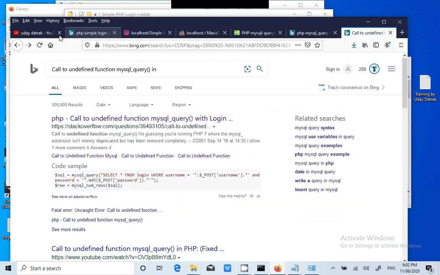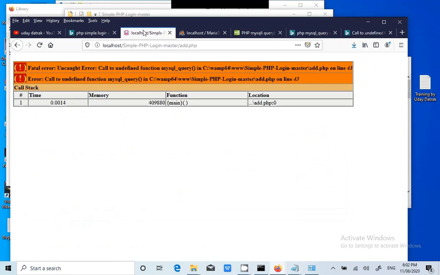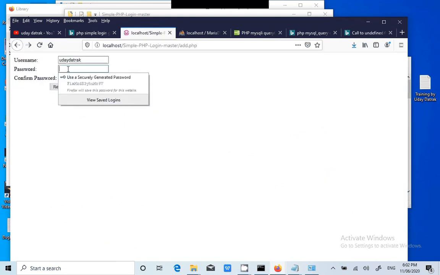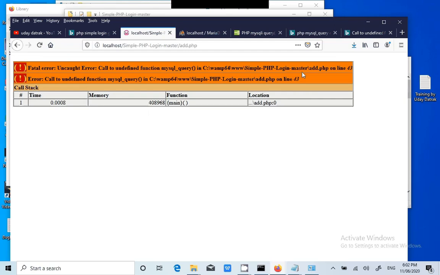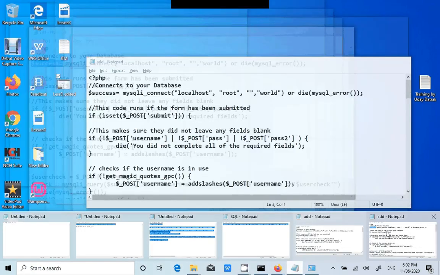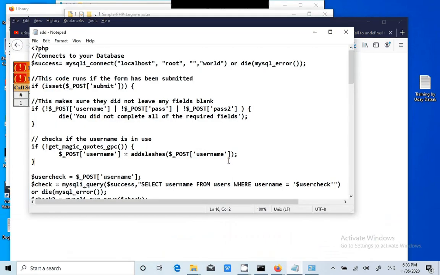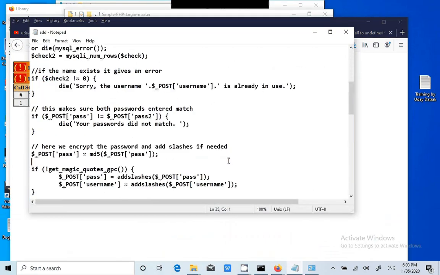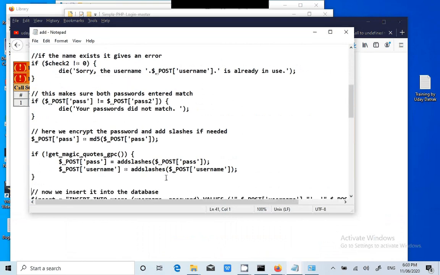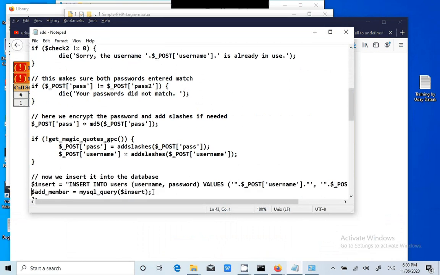Now I'm going to fill the form and see what all the errors I'm getting. Now it's showing some error on line number 43. I'll go to line number 43. Yes, 43.